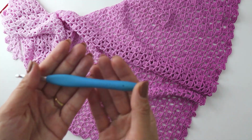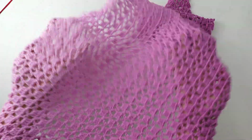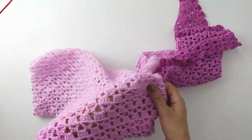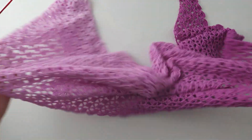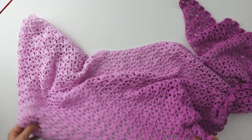With this yarn I use a 5mm hook, so it looks so lacy. I haven't used any blocking technique or iron steam, but it looks beautiful even now, and I hope you like